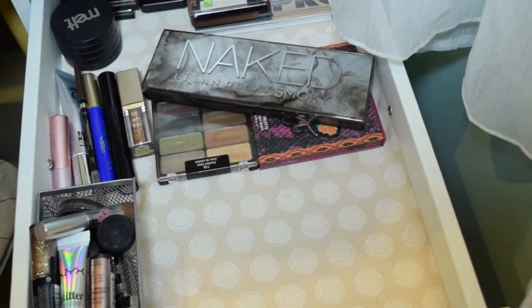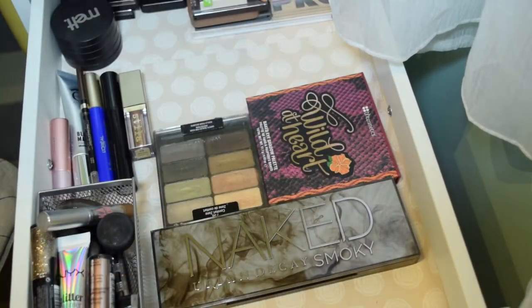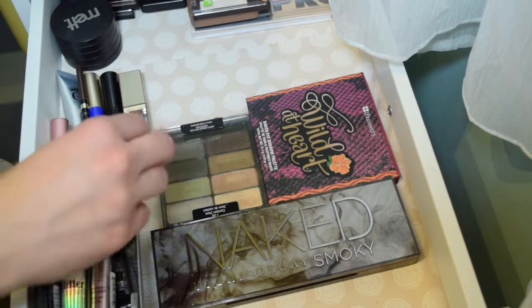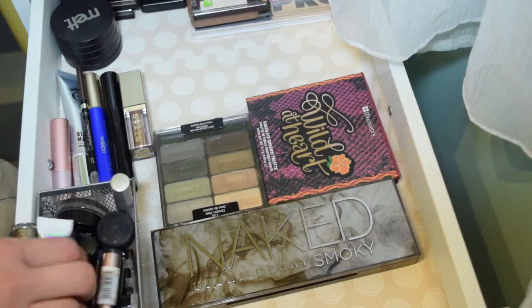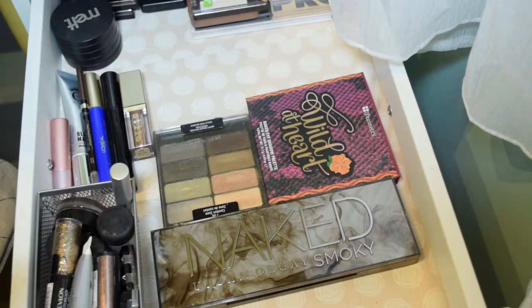Okay. So it's in the top drawer, so I remember to pull that first next week. So this really only leaves these three, and then I've gone through all of my palettes, and then I will go through some of the singles here, which I have pulled some pretty recently. So anyways,